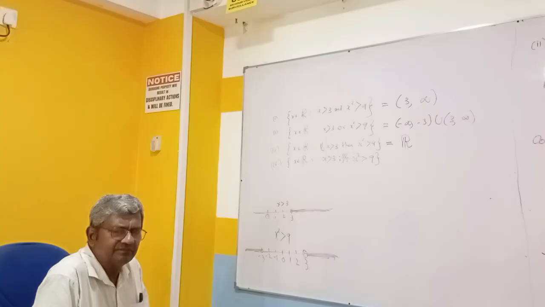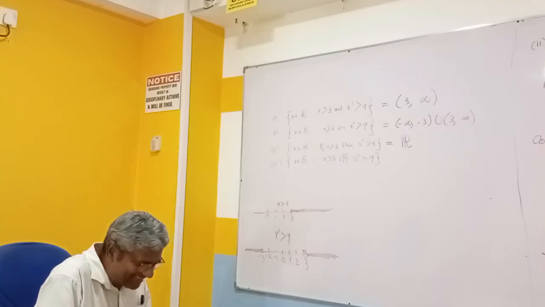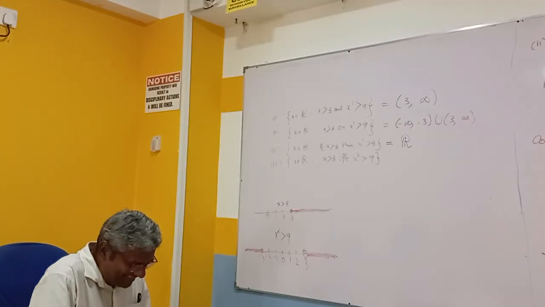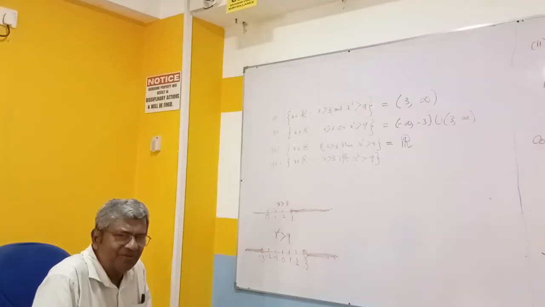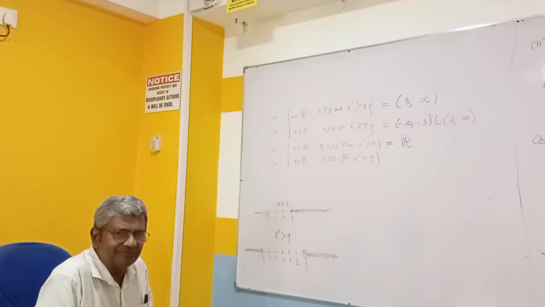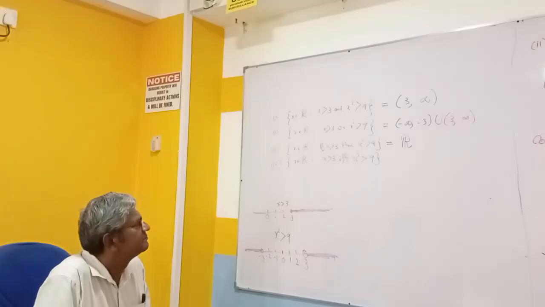Then that one is empty. So this is true, this is R. How do you get the R? If the negation of it is empty,